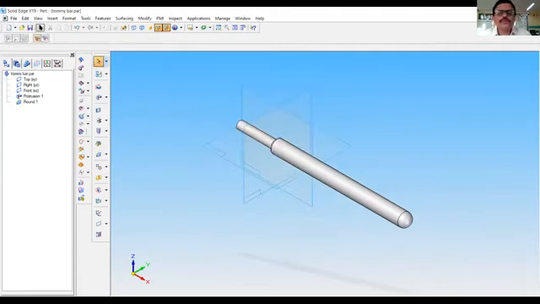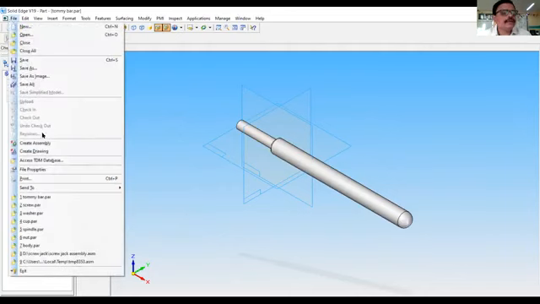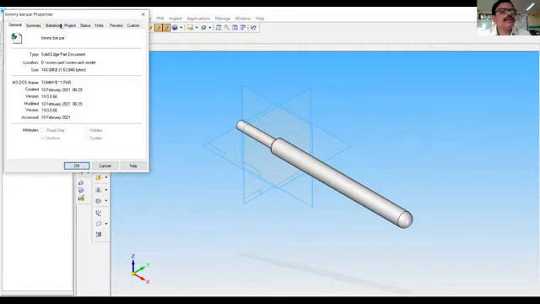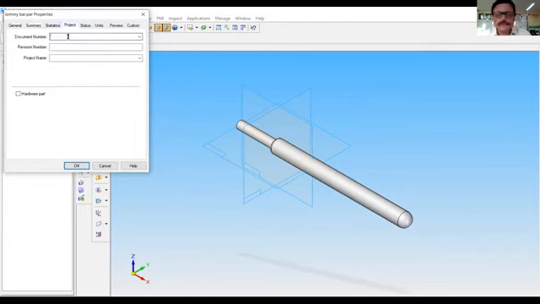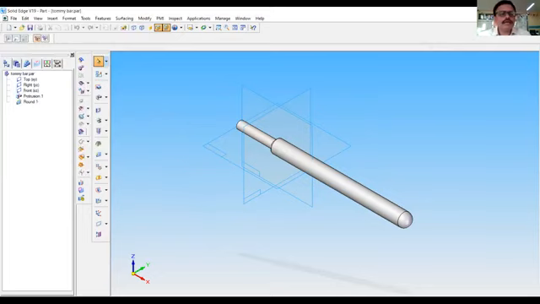So go to File, Properties, go to Project, not Summary. Document number 7, and its name is Tommy bar. So this is the part number 7, that is the Tommy bar.